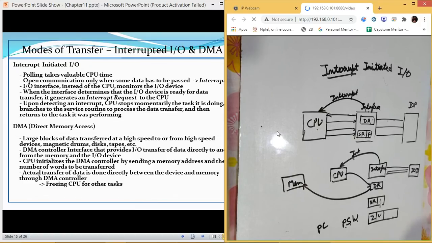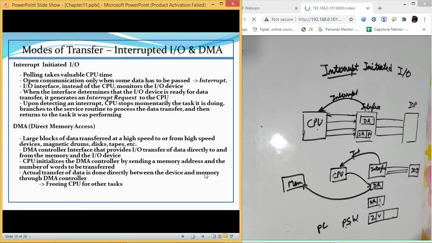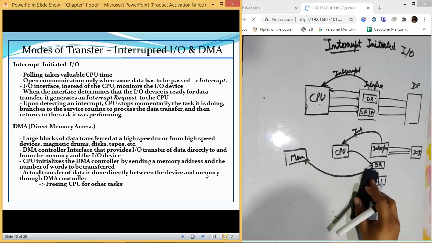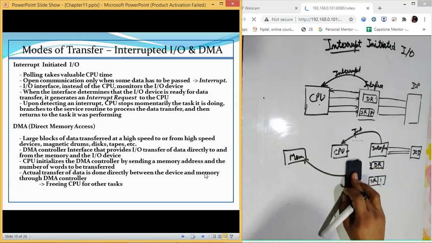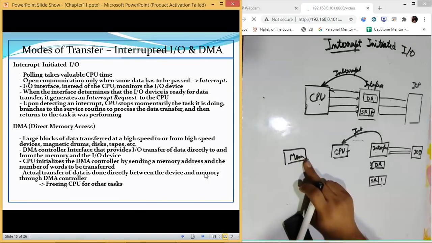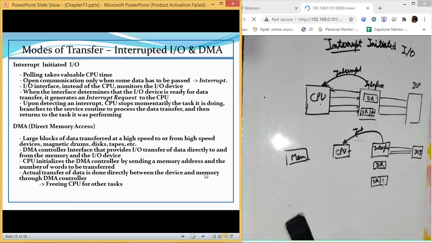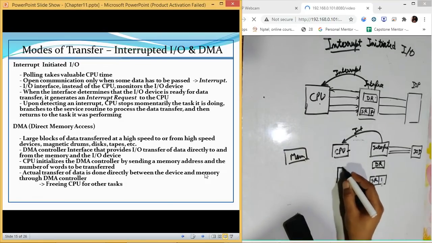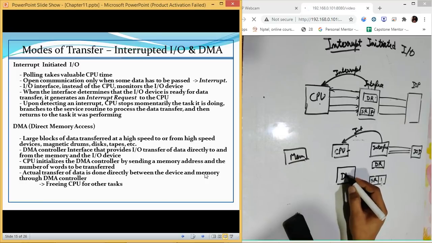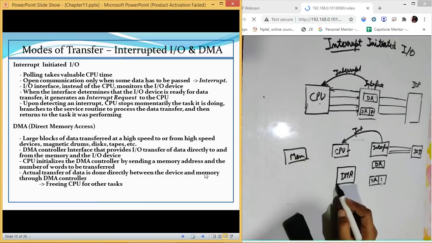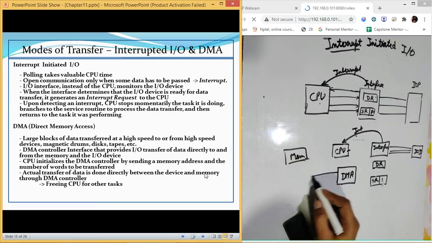It is direct memory access. So in direct memory access, what happens? Now the CPU, the rest everything is going to remain same. CPU doesn't communicate with memory to transfer the data from DR. We have a new type of device known as a DMA, direct memory access. Now this direct memory access is having some connections with memory.